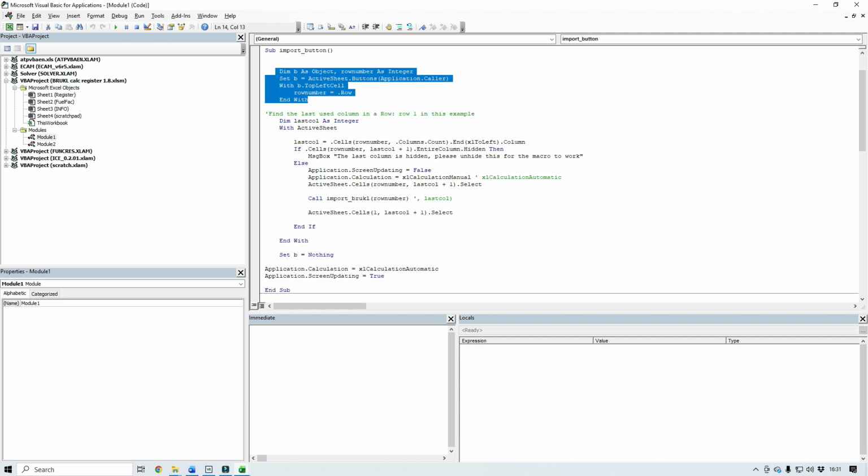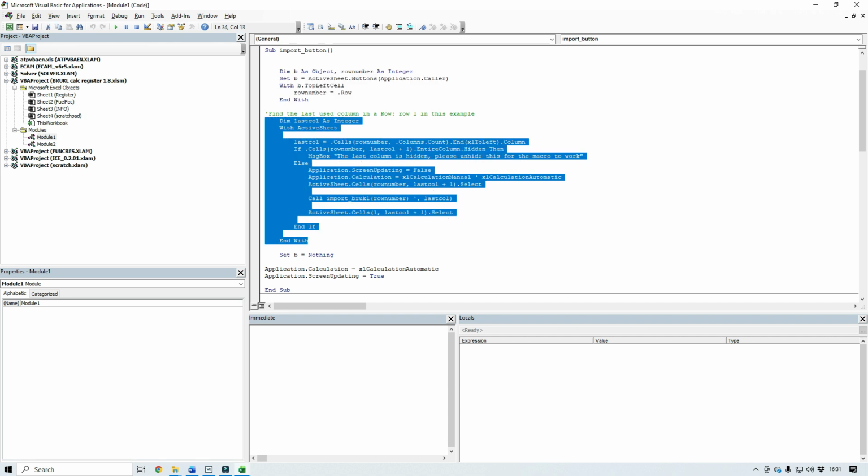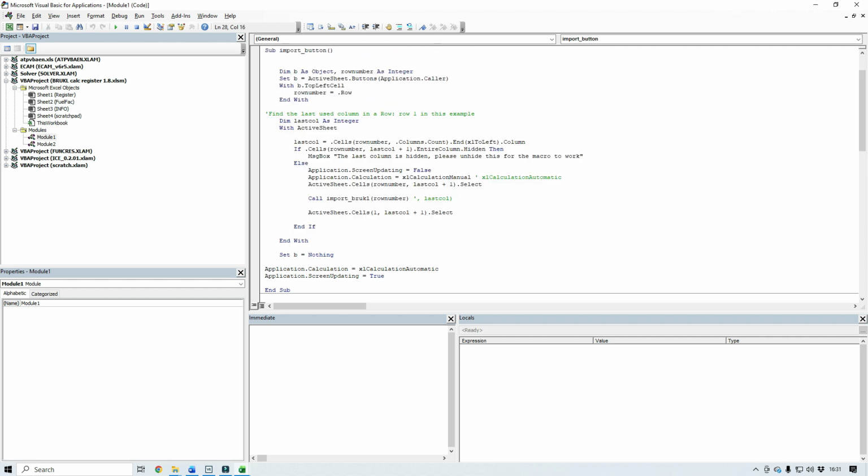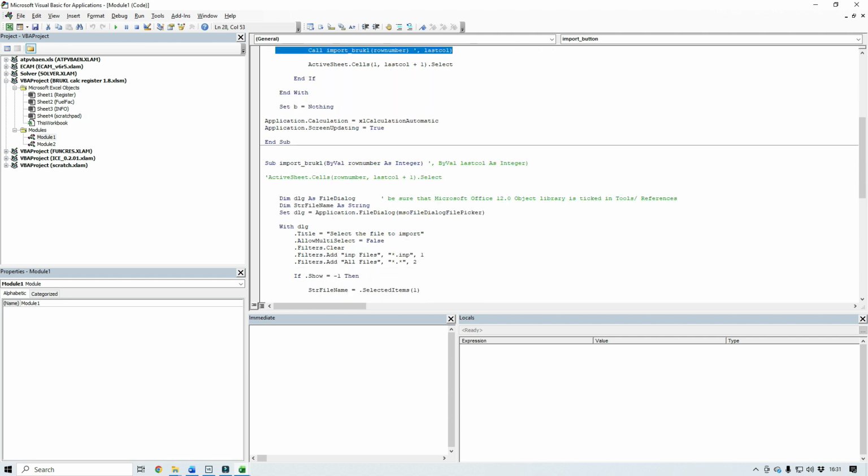So it does that here, and then it finds the last empty column with this bit of code here, and even if the last column is hidden, it should flag that up if I'm not wrong, and then it invokes this function here, call import. It's a sub actually. I suppose it is a function still,